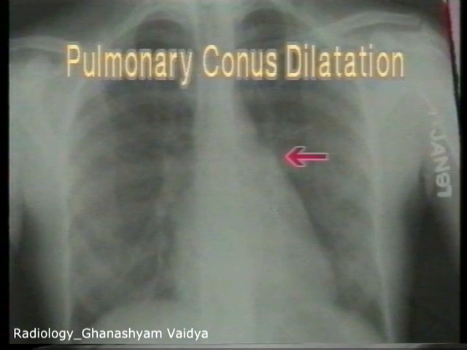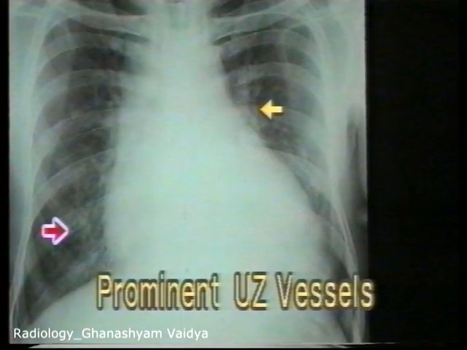As you can see here, the pulmonary artery shadow may even become convex and bulge out. With the development of pulmonary hypertension, the upper lobe vessels, which are normally barely seen, become prominent and are seen as branching opacities from the hilum upwards, while the lower lobe vessels, shown here by the red arrow, become less prominent due to vasoconstriction. This is termed as antler sign or inverted moustache sign.